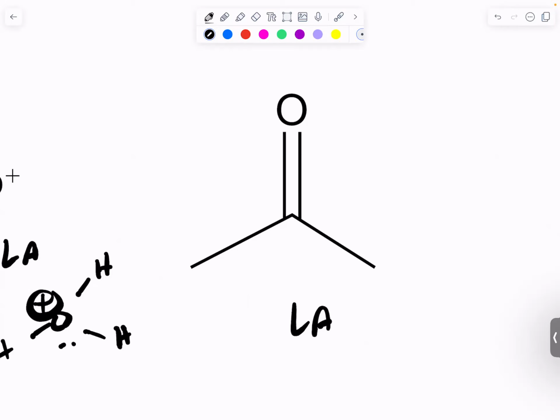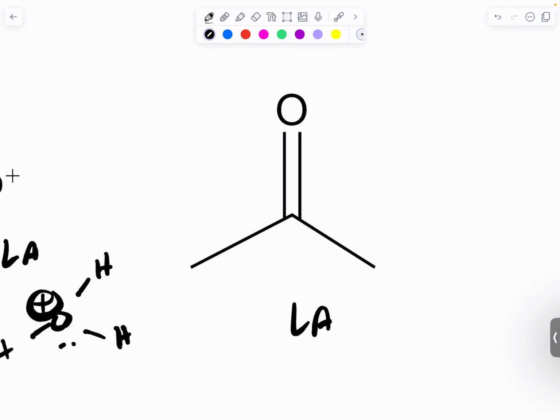Yes. Tell me what you mean, because you're on the right track. Well, let me just make sure that I'm right. So oxygen wants six. So it has a double bond and two lone pairs. Couldn't you technically